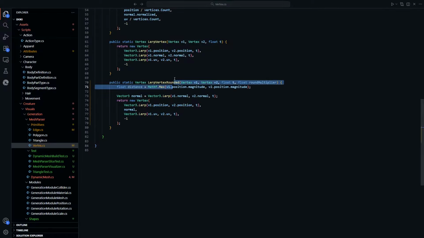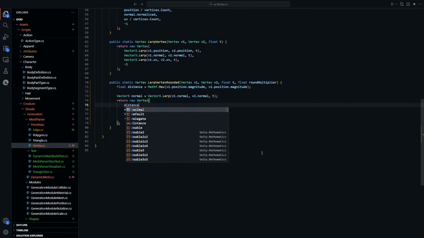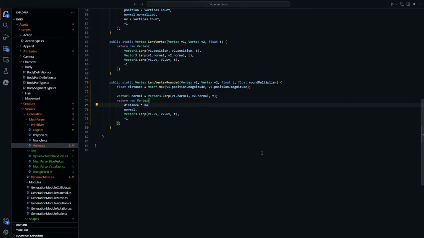Yeah, if we do lerp vertex rounded, then we don't interpolate this one like this, right? We do normal or distance times normal, right? We're gonna try this one, but I also want to do a round multiplier. We're gonna call it rounding, because what I want to do is